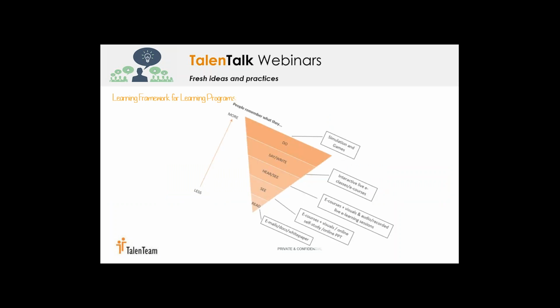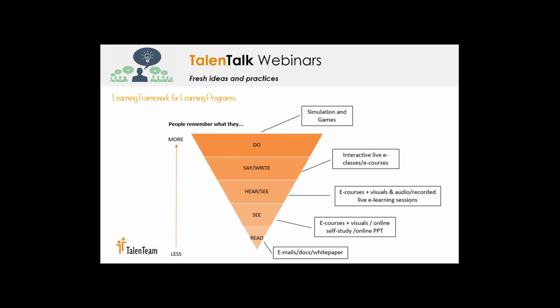And looking at quite a popular framework for learning, what this framework is indicating is that people essentially remember less of what they read and more of what they do. So in the doing part, we can see that that is the simulations and the games. So it's tapping into that active participation within material, which is making them remember much more of that rather than just blithely reading through a document, for example. So we can see the sheer impact that gamified content can actually have.